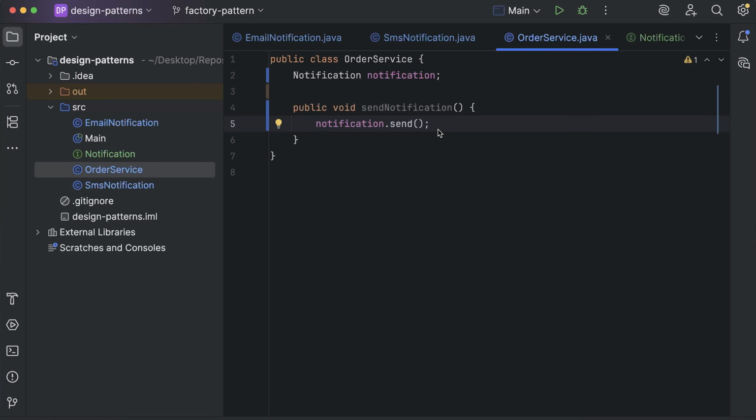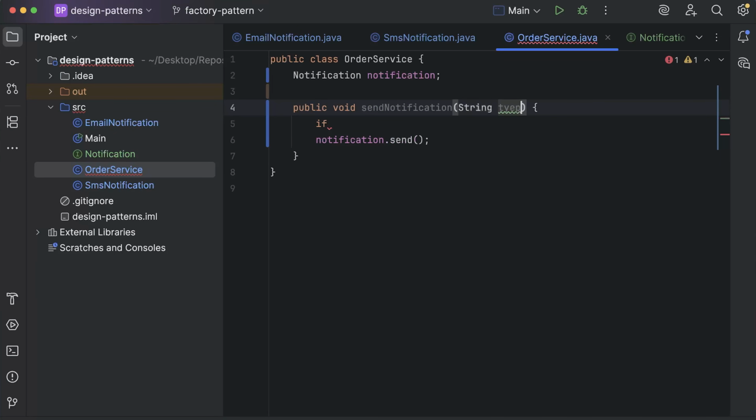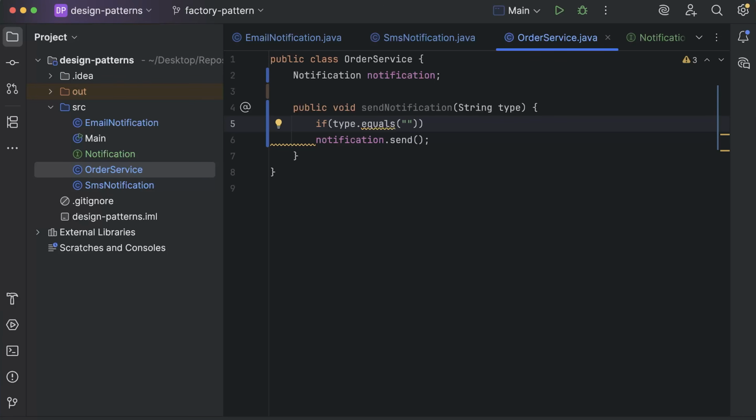Okay, now we have to somehow give a logic for which particular notification it should be. We have loosely coupled it, but we still need to give some logic. So for that, I'll simply take a type, let's say string type, and I'm saying if type dot equals, let's say email,